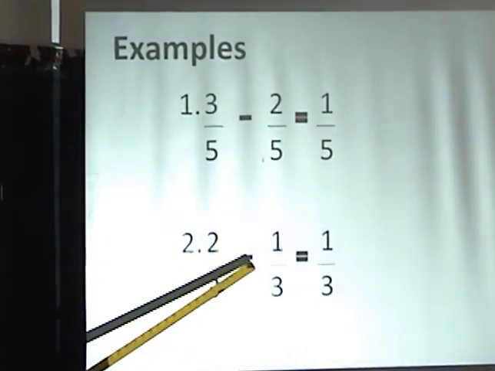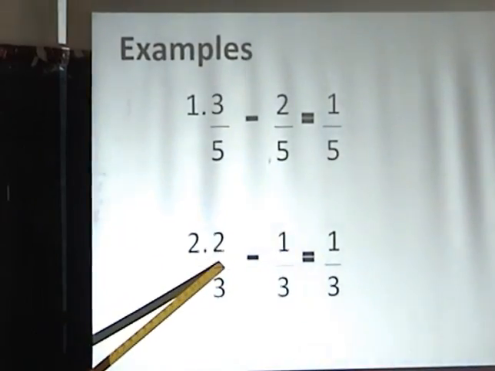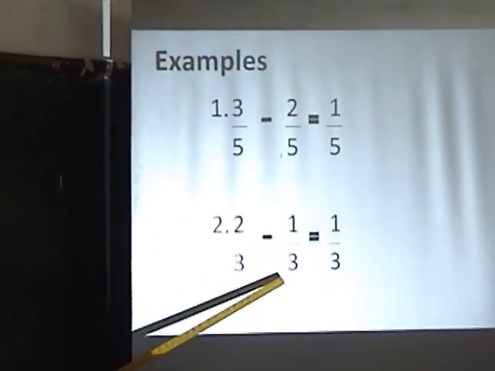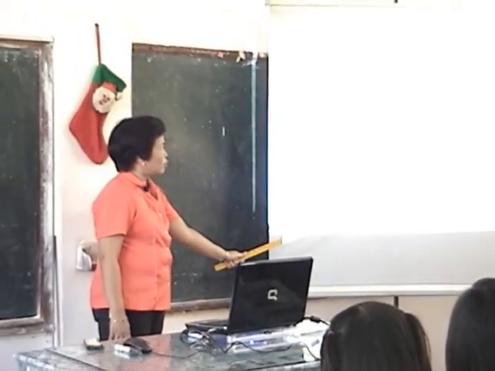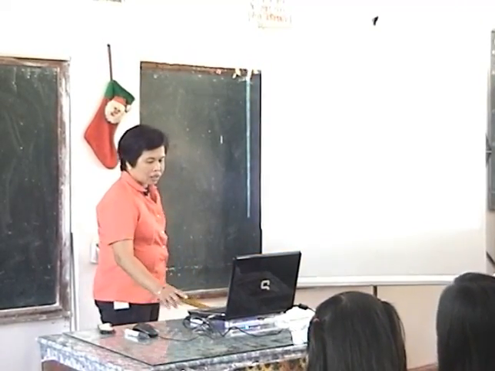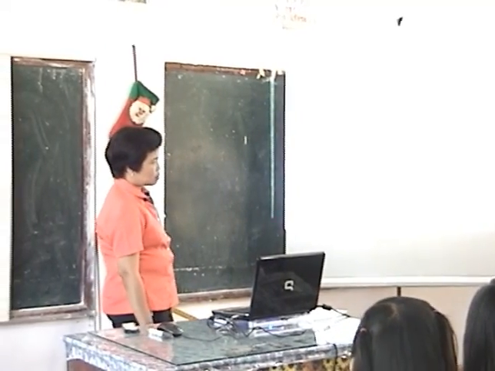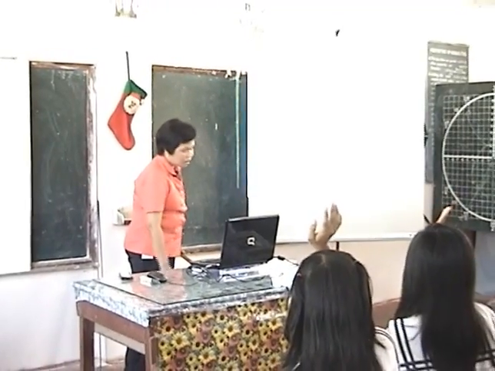2/3 minus 1/3, we just subtract 1 from 2, which is equals to 1, and then copy the denominator, which is 3. So the answer is 1/3. Now let us try some problems. Who can solve for the first problem? Eloisa? To subtract